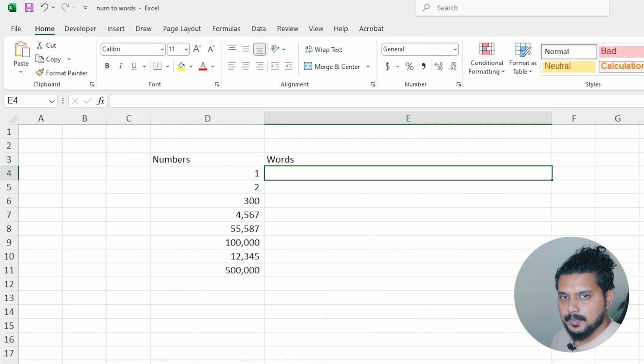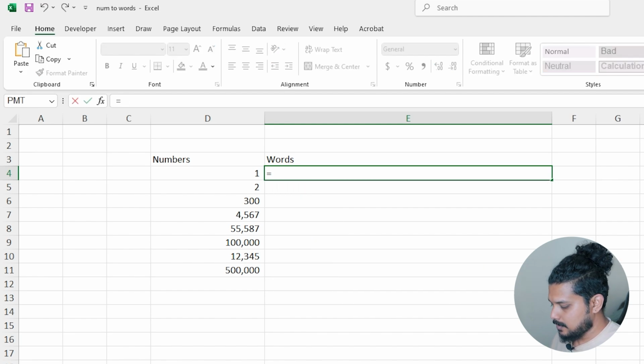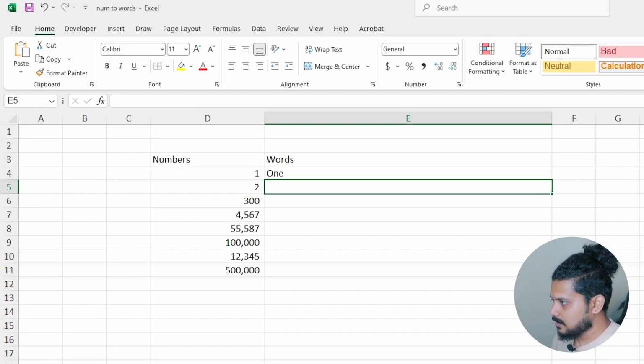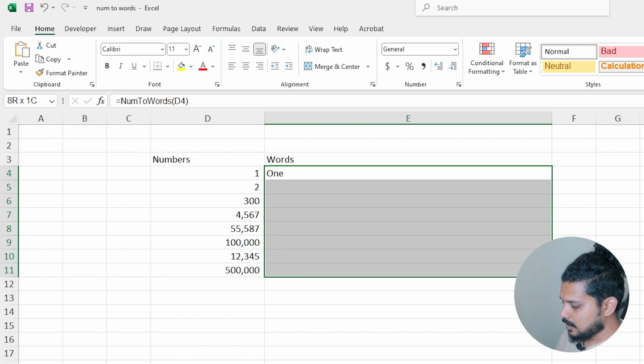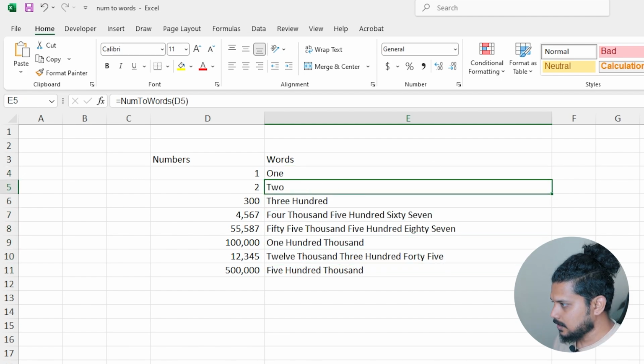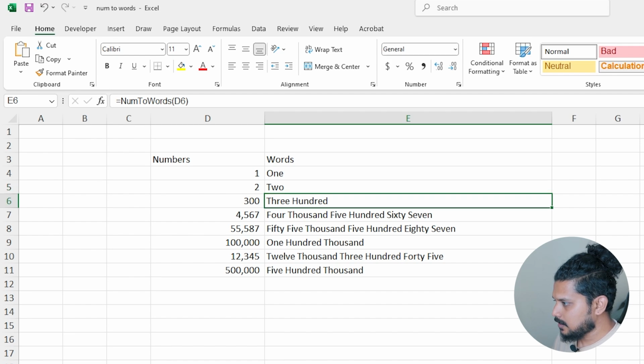After pasting the VBA code, we will get a function in Excel, equal to NumToWords, select the number, close the bracket, done. So it has been converted into words. We'll do Control D. See, it's 2, it says 300, here 4,567,